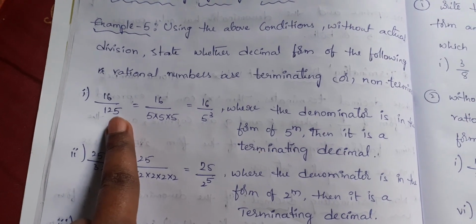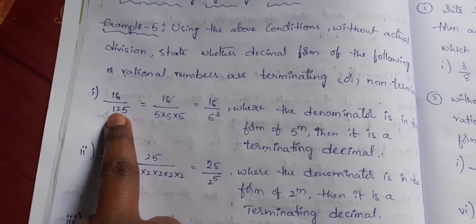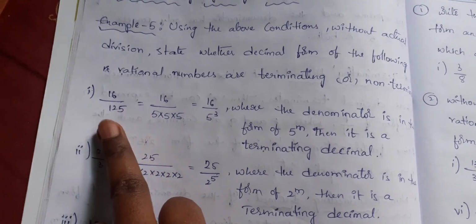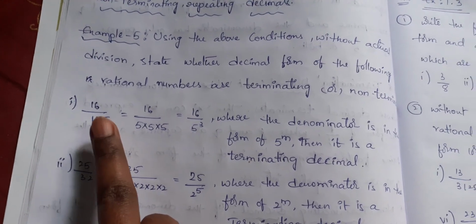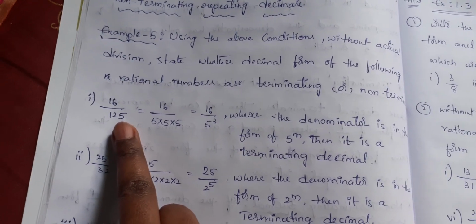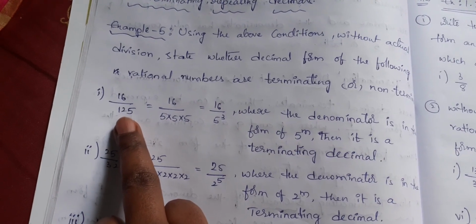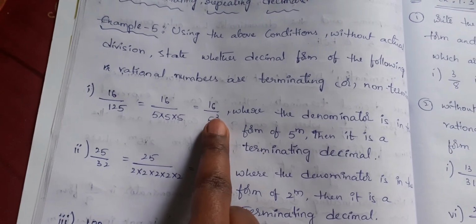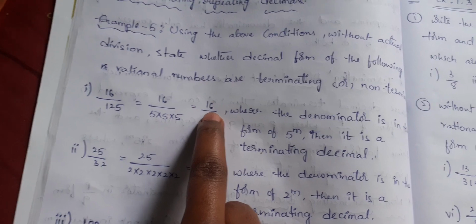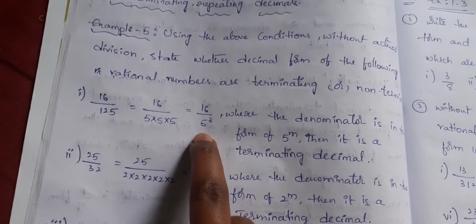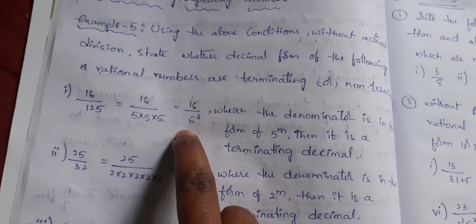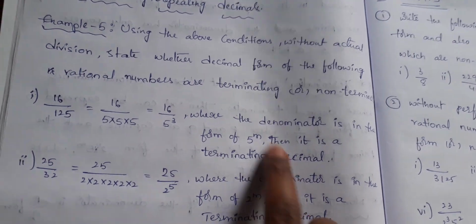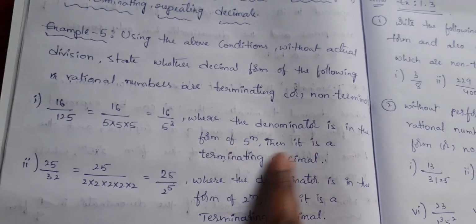Before, you were having 10 power something values, but here they are not 10 power something values, I am taking other values. So always we have to do the prime factorization of the denominator only. With the help of the denominator factors we have to check. Here 125 is the denominator. I am writing this 125 as 5 into 5 into 5, meaning 5 power 3. The numerator is as it is, I am not changing any numerator here. Just the denominator I am writing as 5 power 3. So see here, we have the denominator as 5 power something, then automatically it becomes a terminating decimal. Where the denominator is of the form 5 power m, then it is a terminating decimal.